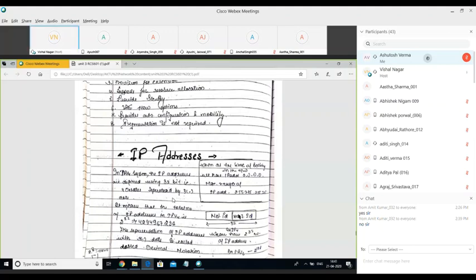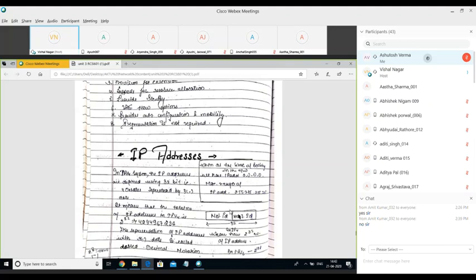So B block Panki is the address of the locality, and 154 is the address of the house. So there are two parts of the address: one is the address of the locality, and second is the address of the home. Similarly, we have divided this IP address into two parts.